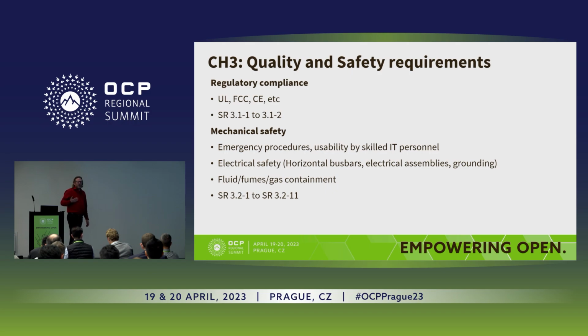But also address some very specific items regarding mechanical safety. You must have some emergency procedures in place. A technology must be usable by somebody who may not be an expert, a material expert of what immersion is. Right? Opening a lid or accessing a server should not require a ridiculous amount of training or specialties regarding fluid